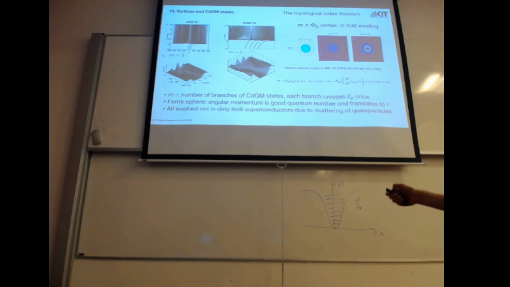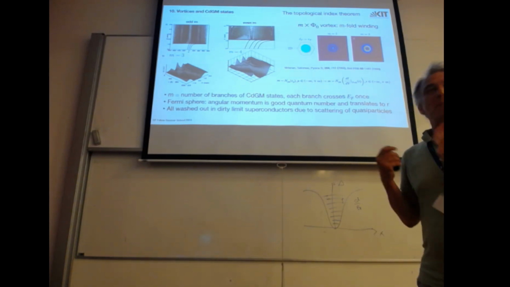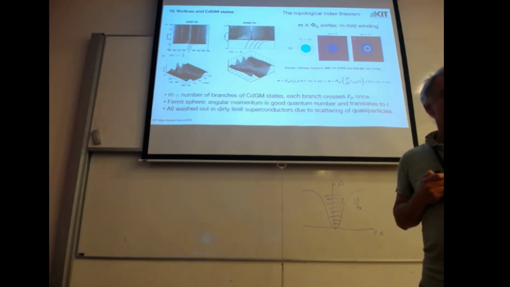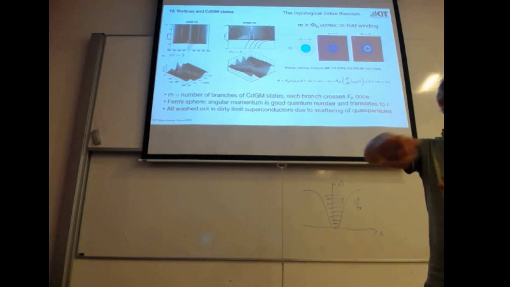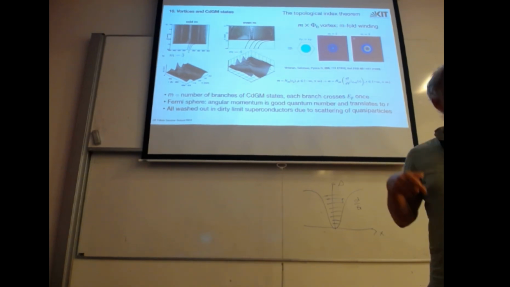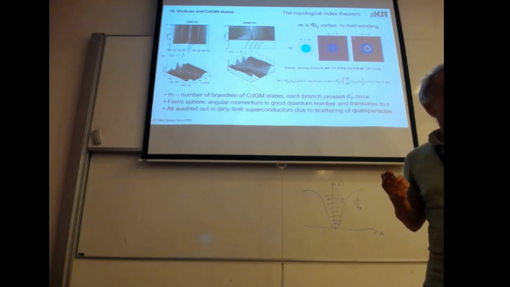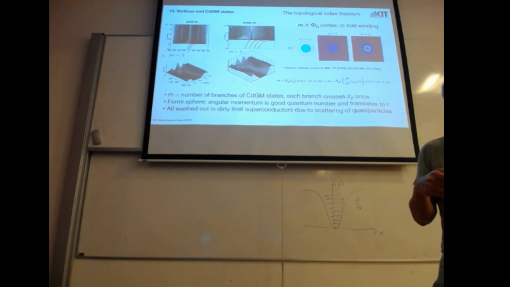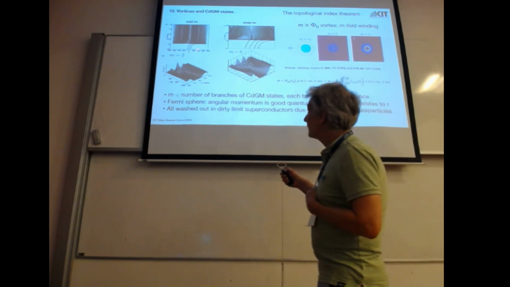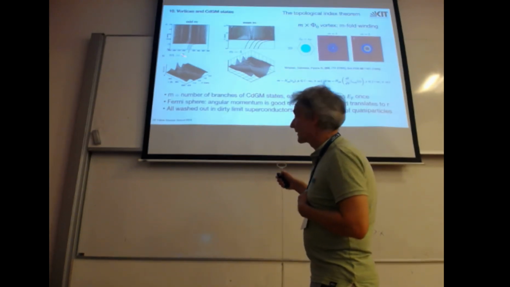So these are again exact calculations with odd and even flux quanta in this vortex. So we remind you, because of n equals 1, single flux quanta vortices. But if you would, by some means, change this number, so that means the superconducting order parameter winds up more than 2 pi. So m equals 1 flux quantum means the order parameter winds up by 2 pi, it can wind up by 4 pi, in principle, and so on. Then for every flux quantum, you get one of these branches going through